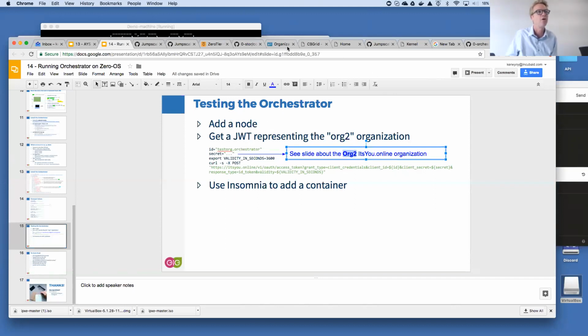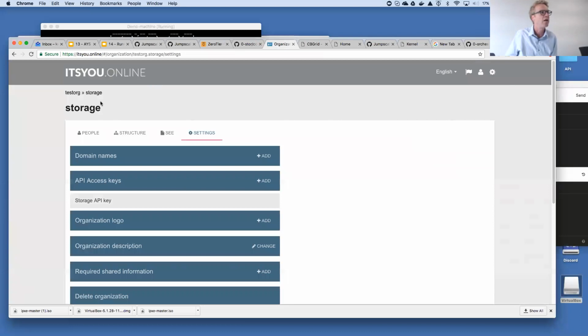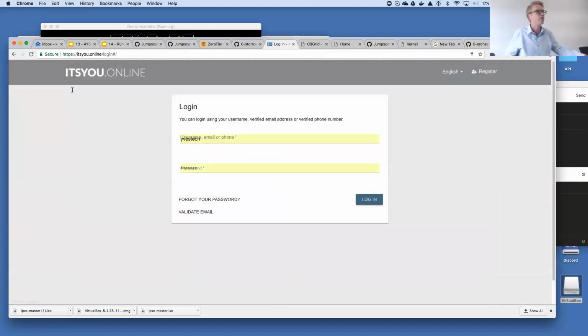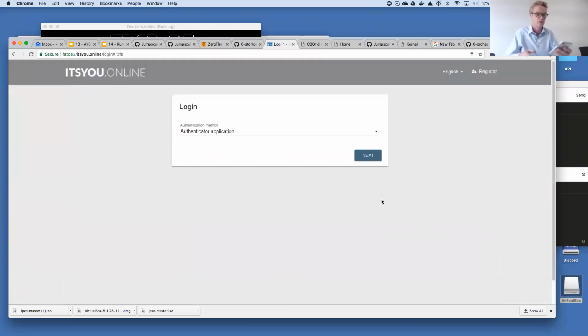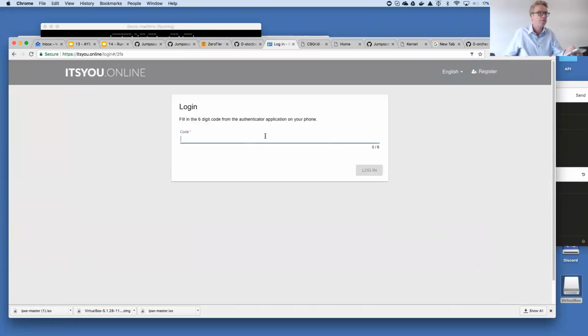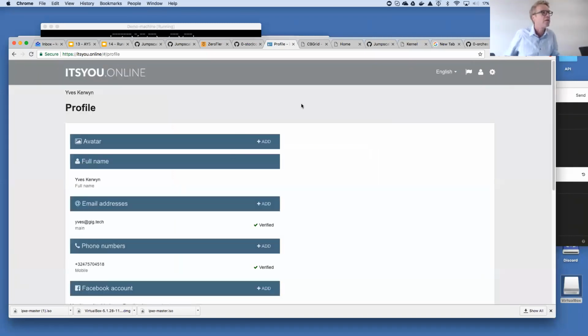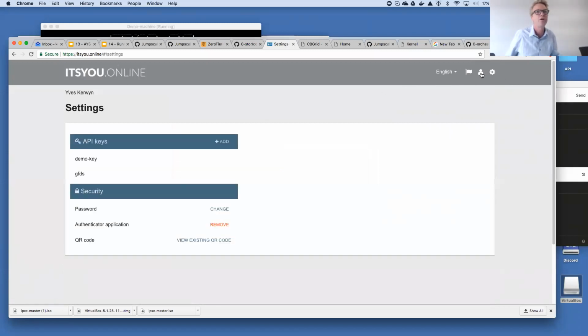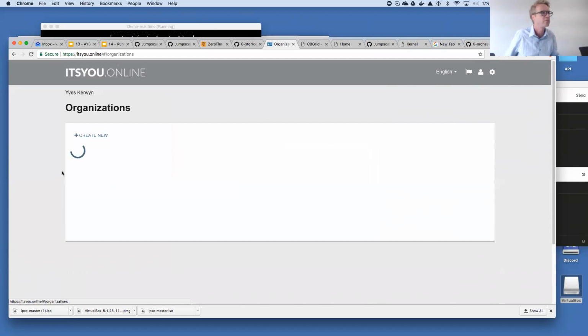So you go to organization 2, and not in storage, authorize like this, and go to organization 2 in my test org.